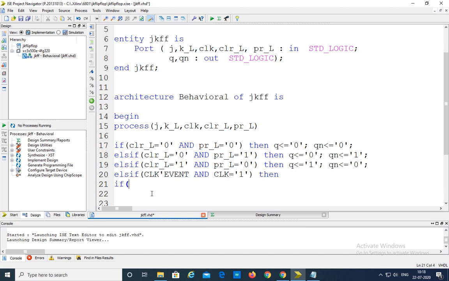If J is equal to 0, and observe here, and K is equal to 0, I am writing here. See, observe here, K underscore L we have taken as an input. I have not defined a K variable here, so that's why I am writing one signal K of std underscore logic.